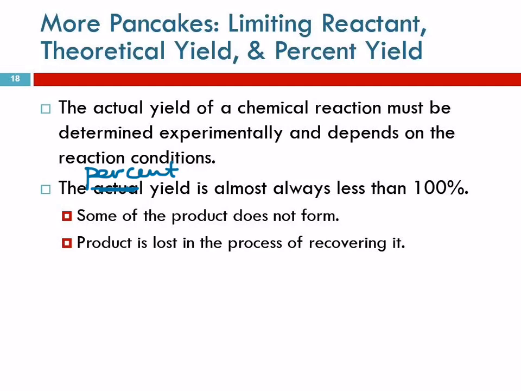Another thing that could happen is something could fall into your flask or onto your product that would contaminate it and increase the mass. When I was in college in lab, a fly actually flew over a crucible where someone was incinerating something, and the fly, of course, the heat killed it. It fell into the crucible with this poor guy's sample and burned up. You can't pick fly ashes out of the other ashes. It's just not possible. So the percent yield would be too high in that instance. So that's the sort of thing that can happen.